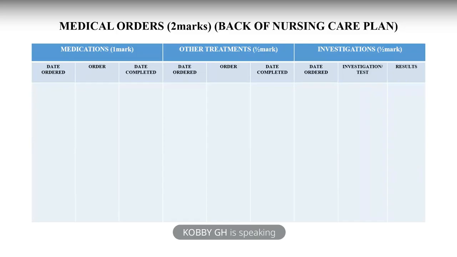Some pharmaceutical shops even go to the extent of writing the date on the box. If you check, most of you have not paid attention to that. So this is it for the medical orders. Any question on the back page of the care plan quickly before we move on to the personal data,